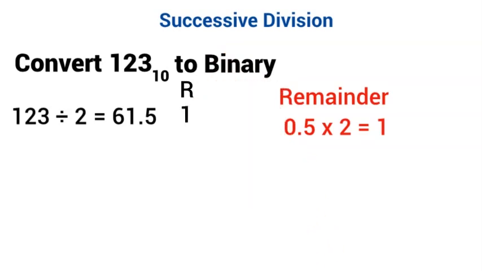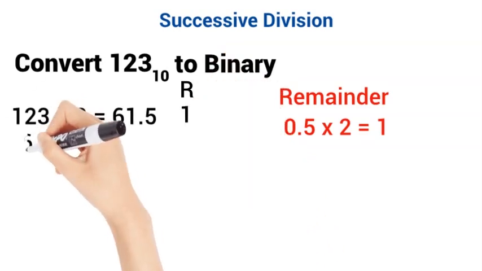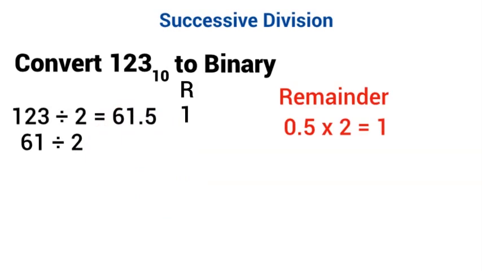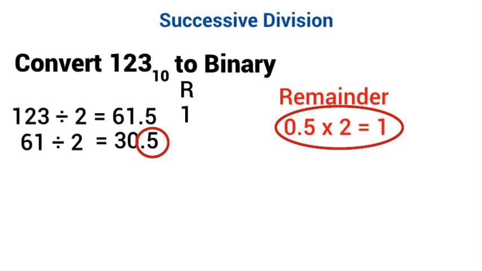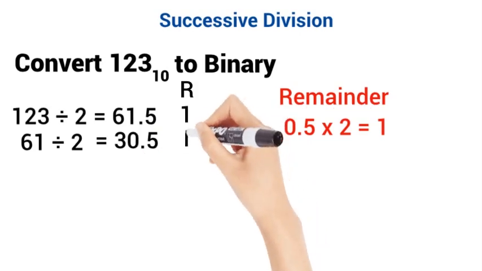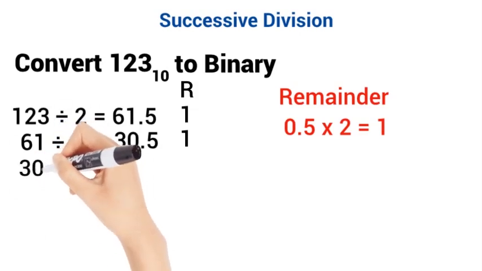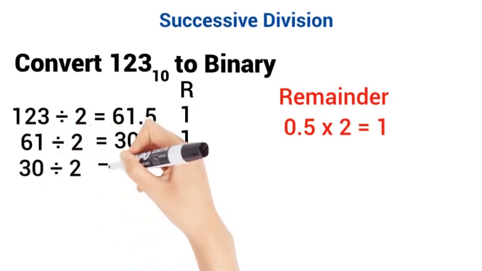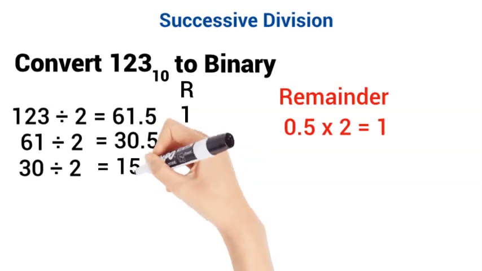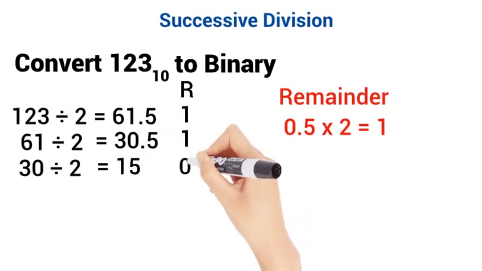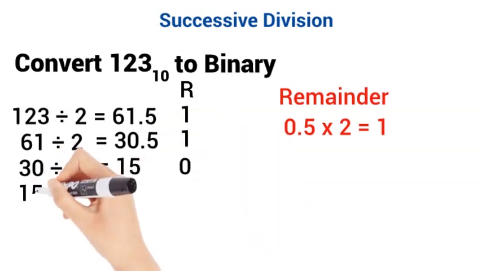Next is to copy 61, disregard the 0.5, and divide it by 2. You will get 30.5. Since you obtained a 0.5 remainder, just multiply it by 2 and you will get 1. And so write 1 as a remainder. Now copy the whole number, which is 30, divide it by 2, and you will get exactly 15 with no remainder. Then divide 15 by 2,